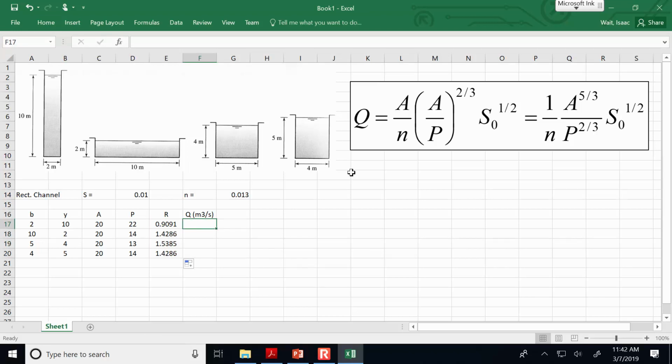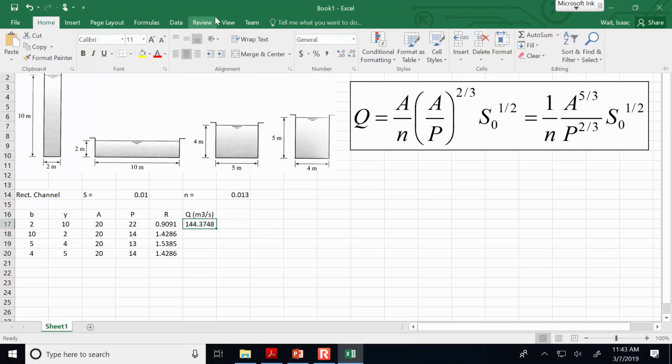And now Q. I'm going to type in Manning's equation. So Q is area to the power of 5/3 times the slope to the power of 1/2 divided by the n value divided by the wetted perimeter to the power of 2/3. Okay, now barring any typos, we'll see that the flow rate for this first section is 144 cubic meters per second,